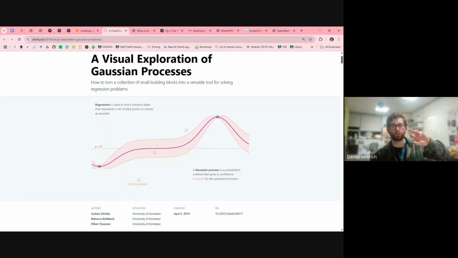Remember that distribution I talked about. You have a stochastic process, you have a distribution of possible values at each timestamp. And what a Gaussian process does is it basically collapses that distribution onto a single value when you observe a time point, but then it remains uncertain between those time points. So as you can see, it's a probabilistic method that gives a confidence for a predicted function, confidence that reaches 100% at a value observed. And as you get further from that point, the confidence interval will grow based on the autocorrelation that you specify.